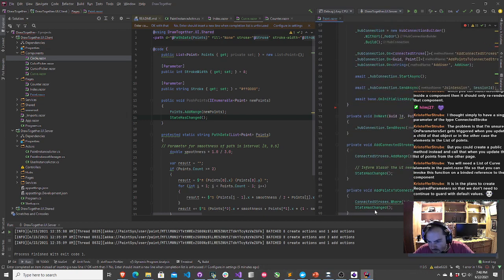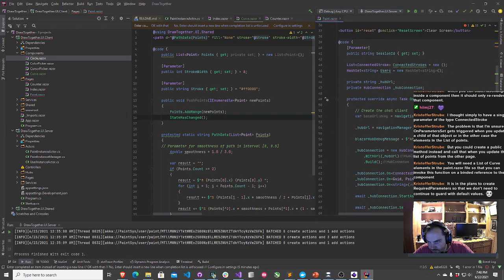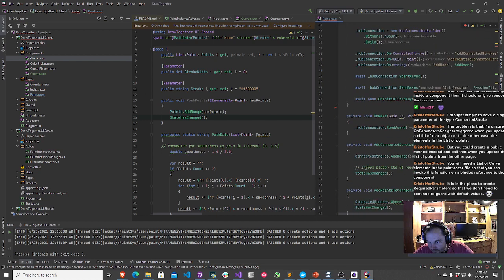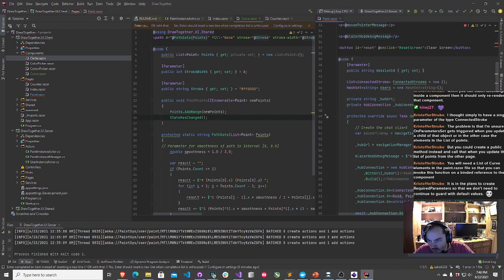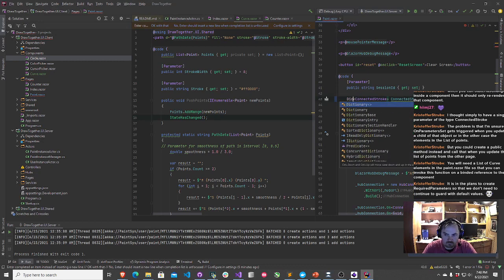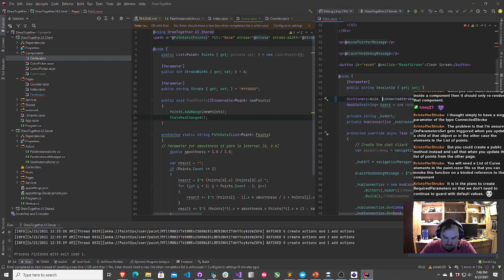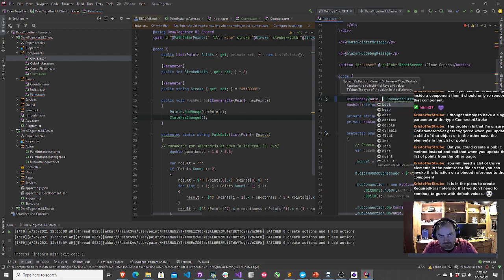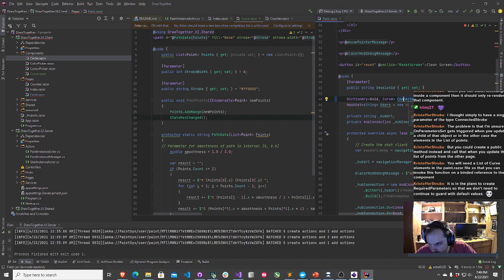Next, let's see. What I'll do instead of our set of connected strokes here: we'll do a new curve, and we'll call this connected strokes. Field can be made read-only.